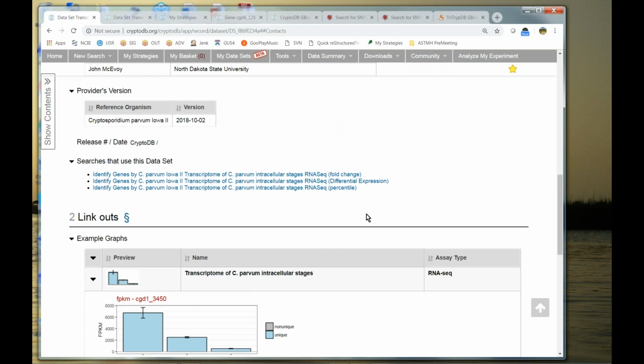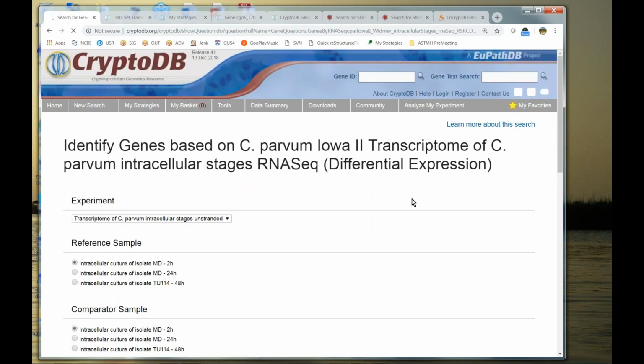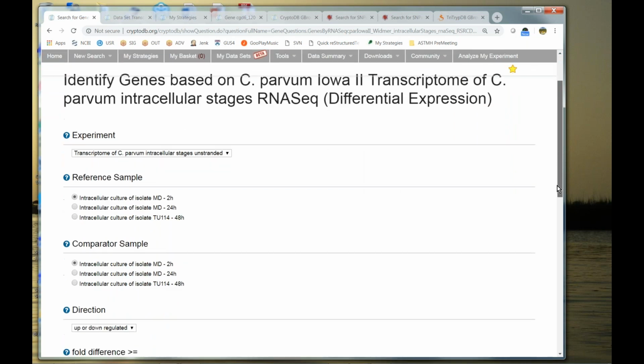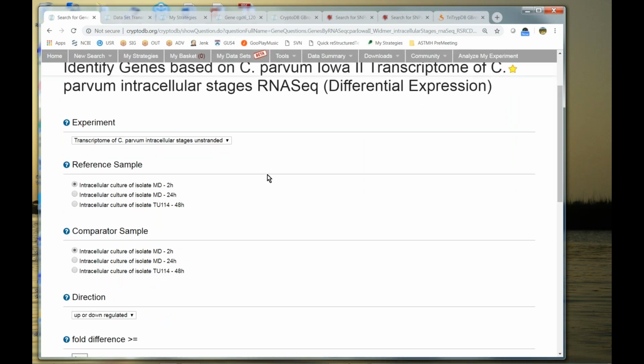Now, because this data, the experimental design included replicates of multiple samples, then we were able to apply statistics and determine differential expression, and we've created a genome-wide search against that. So I'm going to click on this middle search here, and we can run that search, right? So there are several parameters that we need to fill in. There's the experiment,